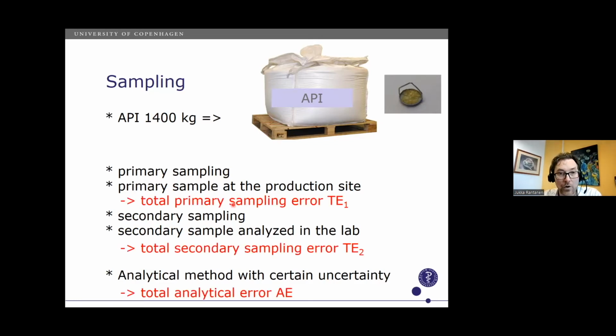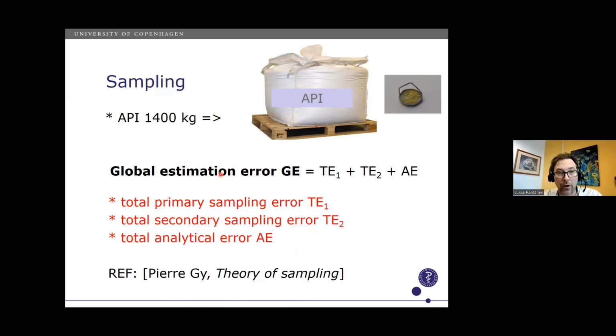And we often talk about primary sampling error and then secondary sampling error. And when you sum these up, then you have the global estimation error. It's important to remember that this analytical error is only part of the total estimation error. So if you are saying that your tablets contain 100.007 milligrams of active compound, then you have to be a bit careful with the decimals, so that you also include the global estimation error in the total